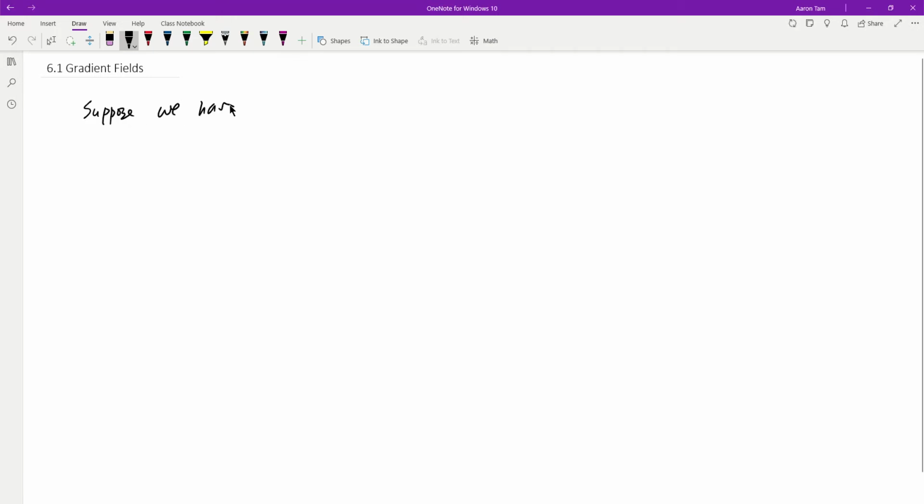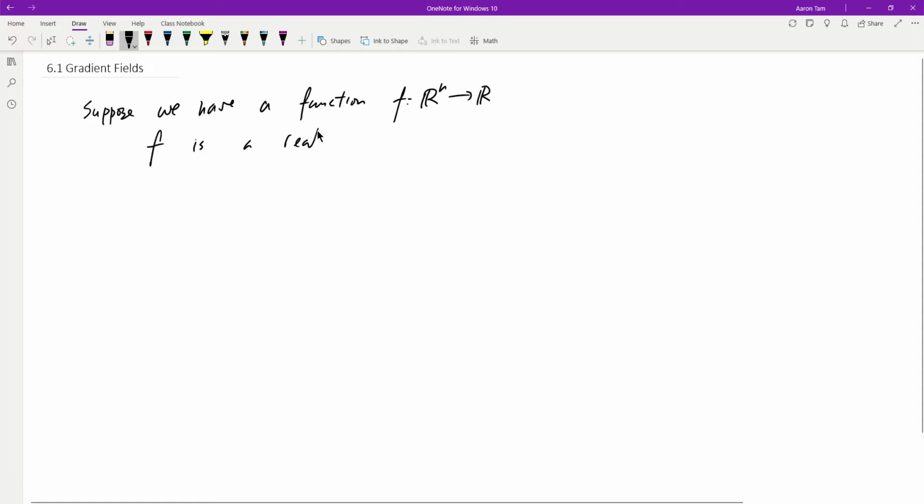we have a function, let's say f, that maps from Rn to R. So let's try to identify this function. I know it seems almost like you haven't done any math this year yet, so hopefully you still remember some of this stuff. First of all, this function f is a real valued